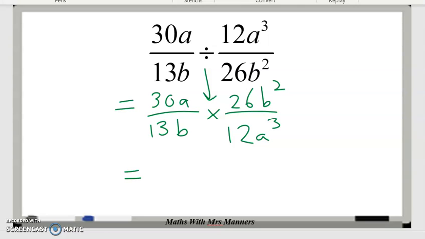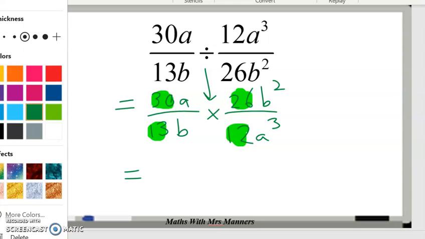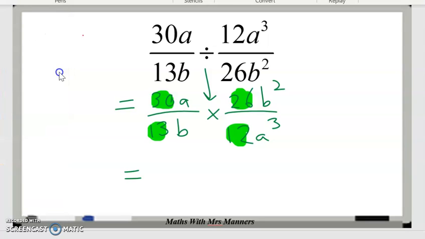So what have I got? Pretty sure 13 goes into 26, and I'm pretty sure there's a common factor with 30 and 12. Let me just write that 30 clearly. So I might change my pen colour. I'll make it red. Yeah, that works. So 13 goes into itself once, into 26 two times. Now the highest common factor of 30 and 12 is, don't say 2, it's 6. 6 will go into 12 twice, 6 will go into 30 5 times,